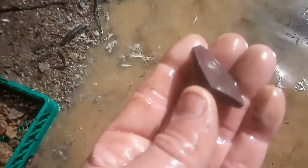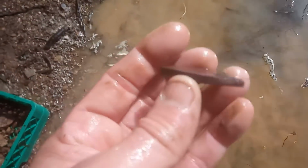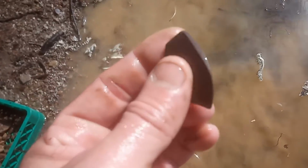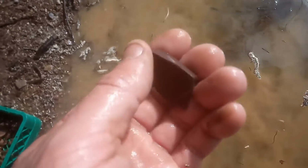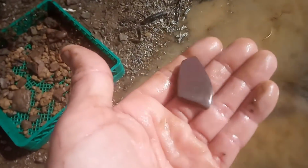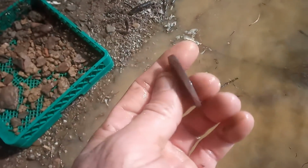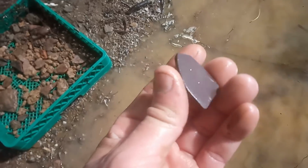It looks like a mirror. Every side is faceted. Look at it. Oh, I mean, razor sharp edges, every edge. That's just a museum quality piece. I'll put up a video at the end of what these were used for. They're paint stones to get red ochre. That is just,